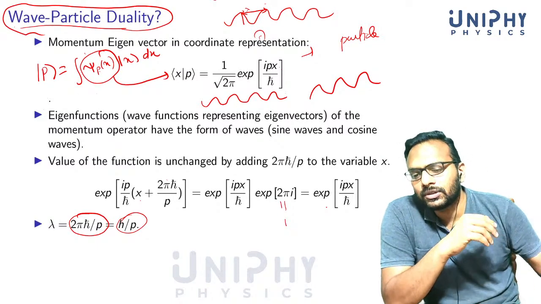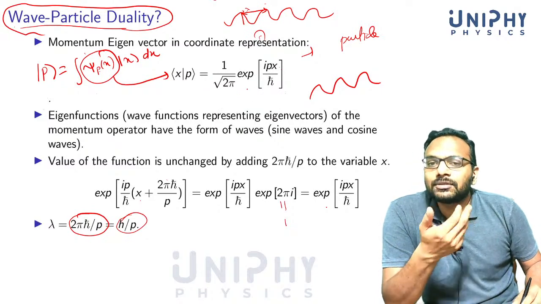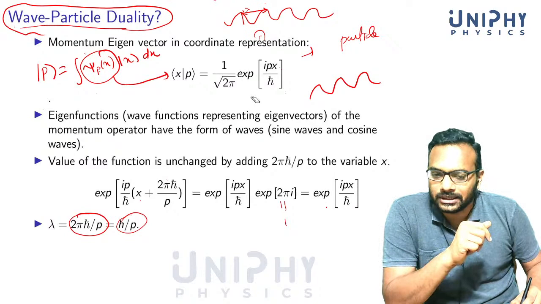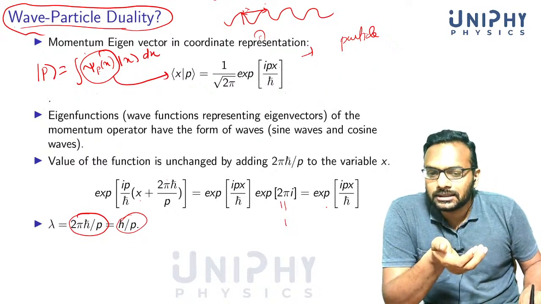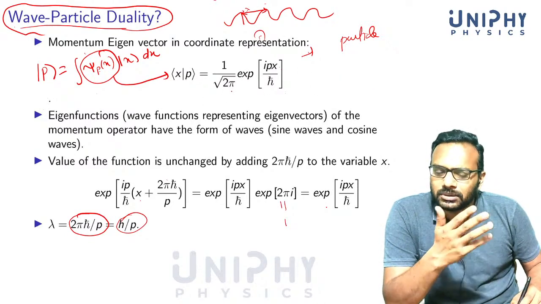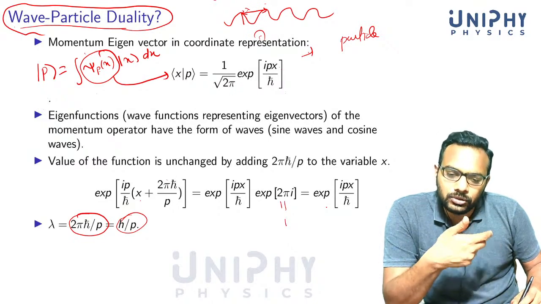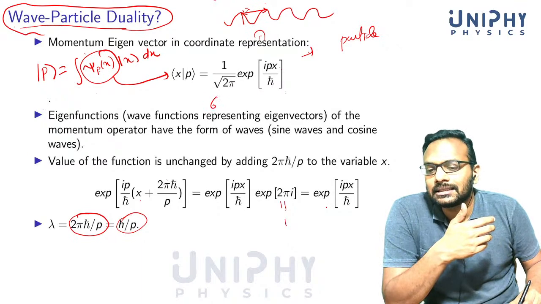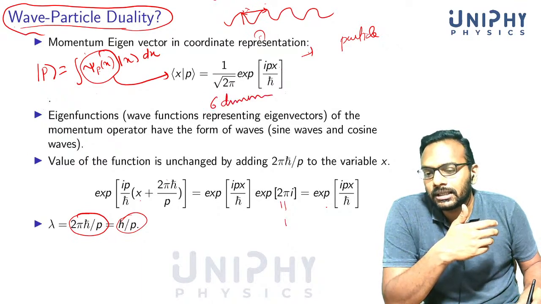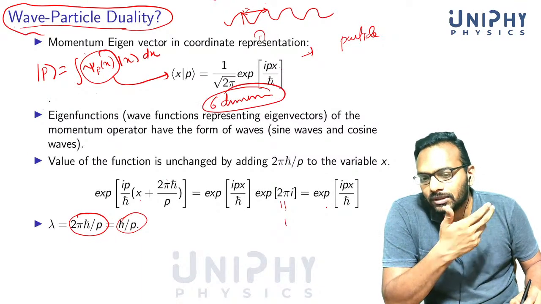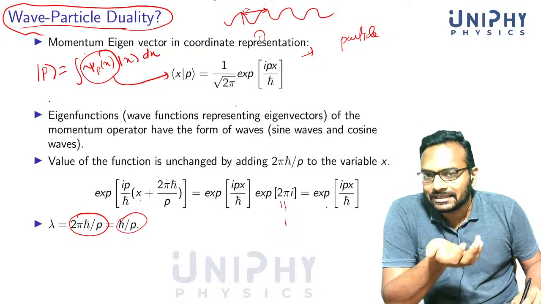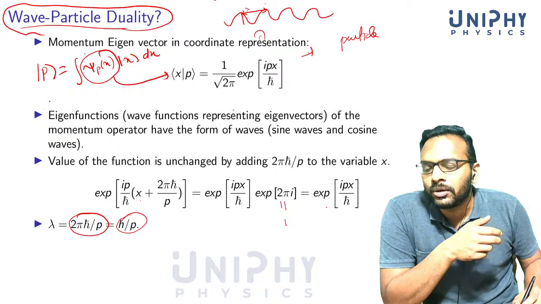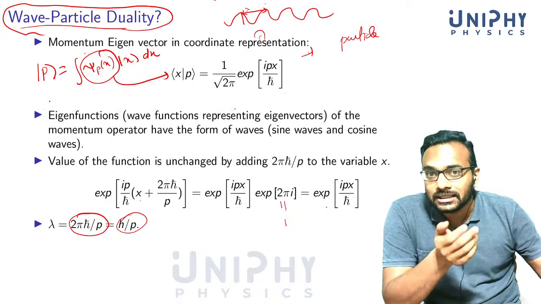Because if you take a two-particle system, then this wave exists in 6 dimensions. It's the configuration space. If it's a one-particle system, the wave exists in 3 dimensions. But if you take a two-particle system, you can construct a wave like this, but then that will exist in 6 dimensions. So it's not any real wave that exists in space. So it's not actually entirely right to talk about a wave-particle duality, not in this framework.